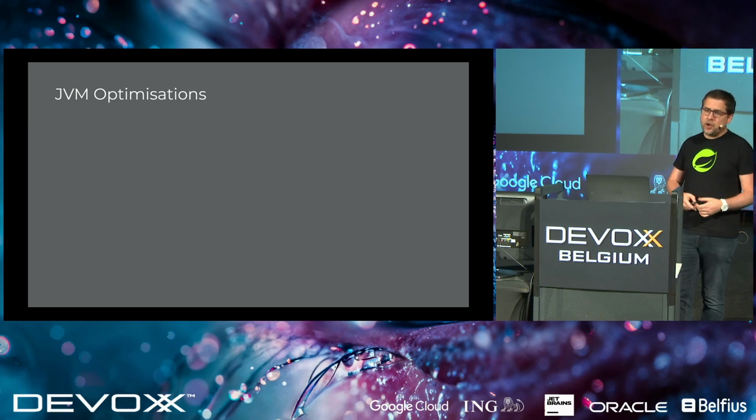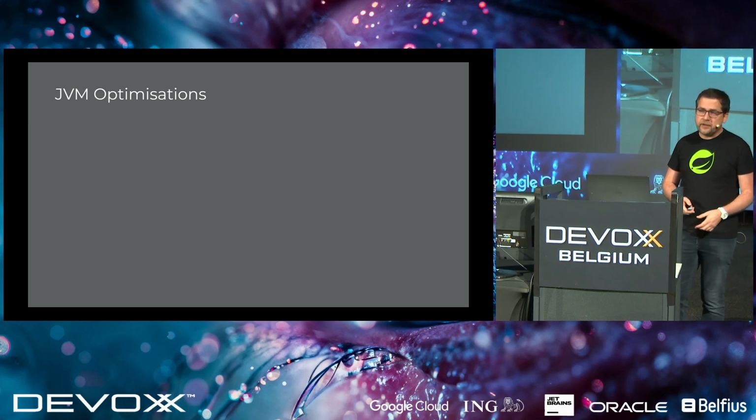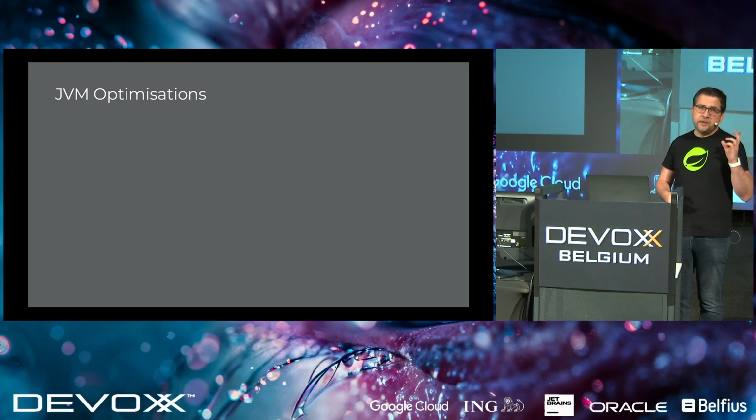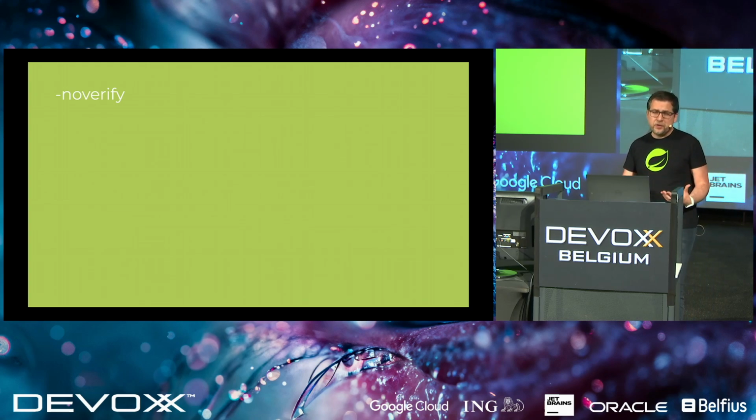Now let's have a look at some JVM optimizations. I mean, obviously you can change the garbage collector and stuff like that. And there are garbage collectors which are optimized for throughput, others are low latency garbage collectors. I'm not going into that. I want to show you a few examples how you could tweak your application in certain scenarios